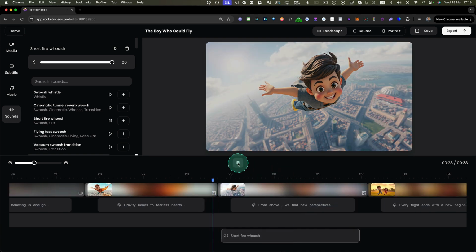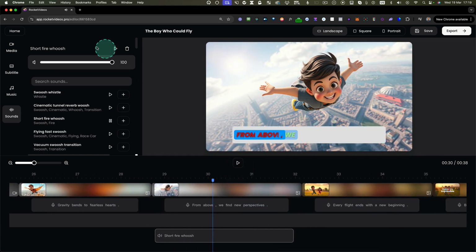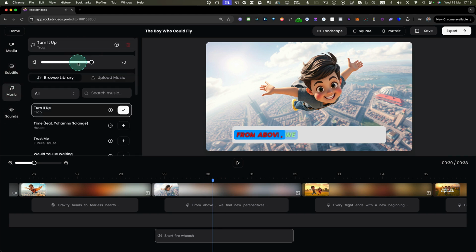And when we play the video, well, that's a lot. It's the music as well. So you can lower the volume of the music in here. So when we do it again,